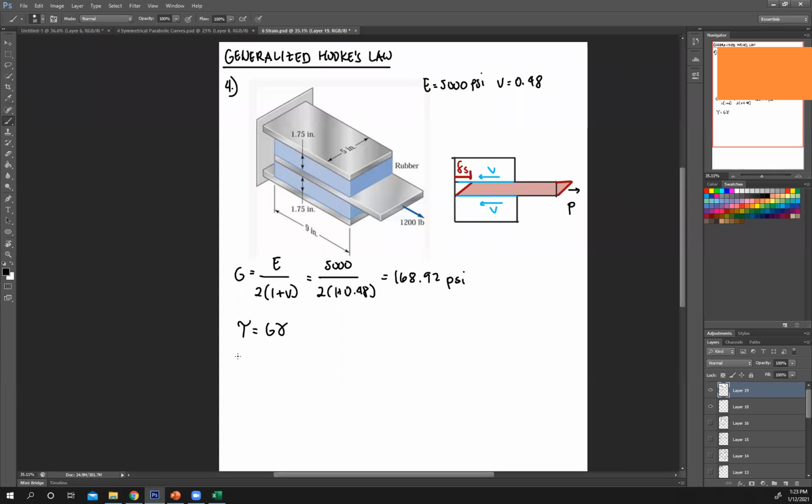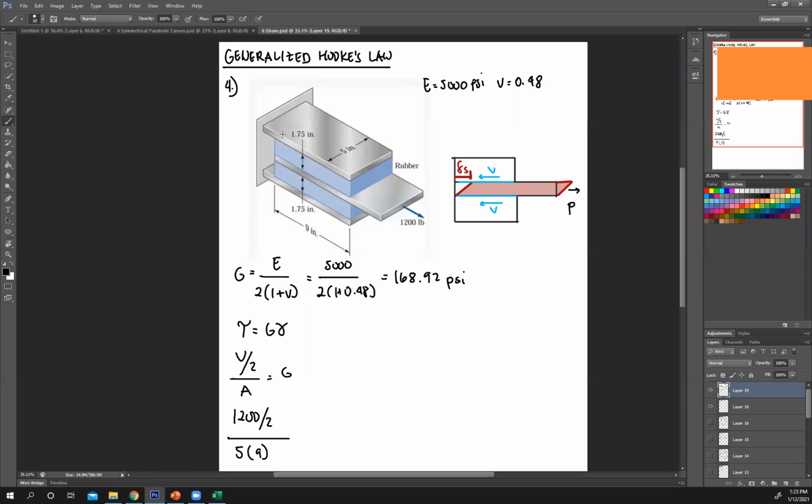Shear force V, shear force V. Okay, so therefore, this is equal to V, since there's two areas, over 2 over A, and G gamma. And V is just your force. The force creating these shear forces is this. So that's 1,200 over 2 over area. And the area is this area right here. So that's 5 times this 9. Okay. So 5 times 9. And it's already in inches. That's why no need to convert.